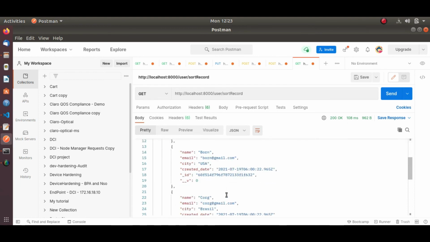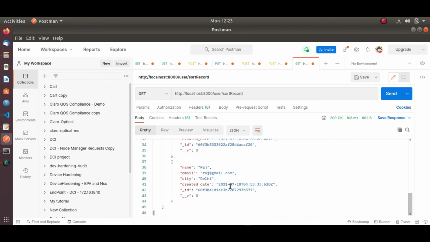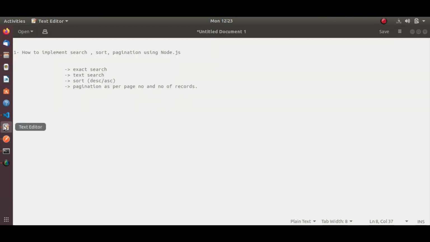Now we'll click on the send button. See, the last record we created, with the name Corp, came first as per the created date. So in this way also we can implement our sort functionality using Node.js and MongoDB.